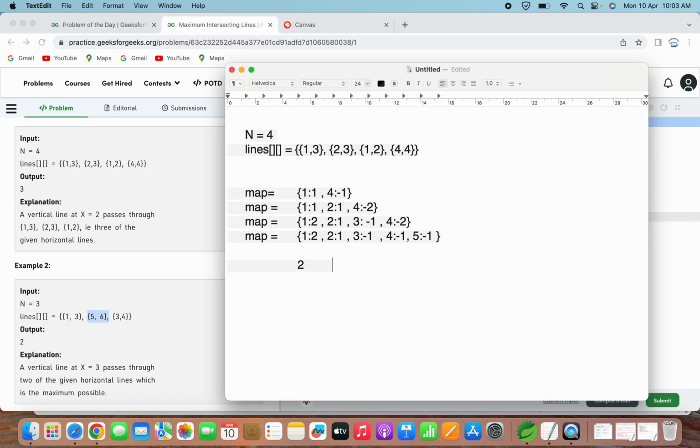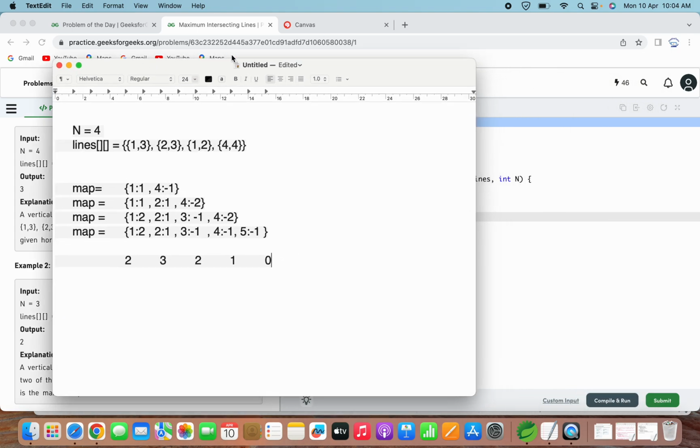That means 2 plus 1, that will become 3. When we go to the next one, the number of active lines will be 3 minus 1, that will be 2. When it goes to the next one, again minus 1 is there, so the number of active lines will again decrement by 1. So it will be 1 only. And at last it will be 0. Okay, so if you try to analyze this one with this,